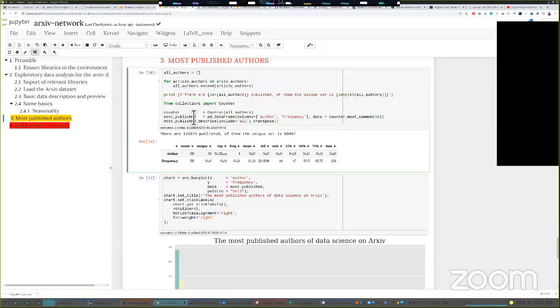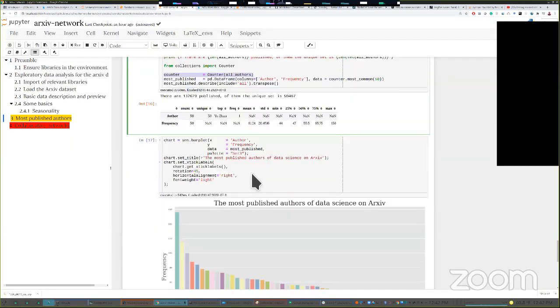You can do that, of course, by all means, but it is more elegant to just use this package. This library in Python does the job all in one line. From that, I happen to pick the 50 most published authors, I created a data frame for it, and then I visualized it.